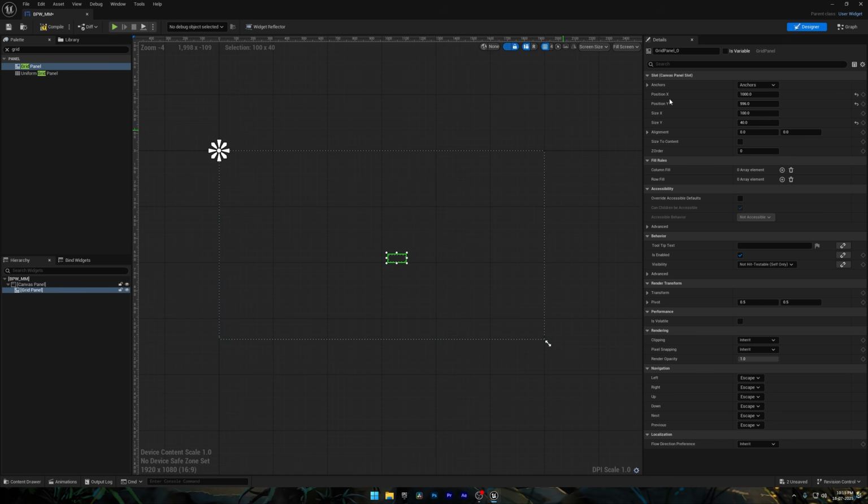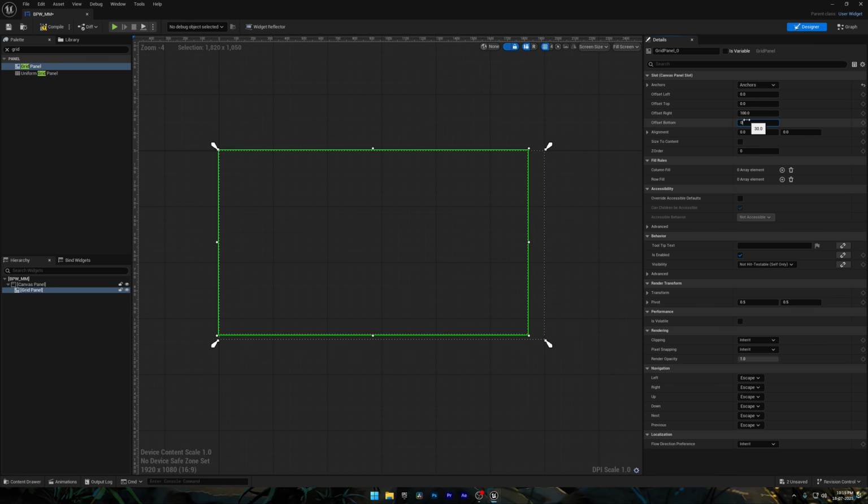It makes aligning buttons and text super easy and keeps everything clean and structured. Let's set the anchor of our grid panel to full screen. Next, reset the offsets and make sure all of them are set to 0. If any of the values don't reset to 0 automatically, make sure to set them manually, just to keep everything